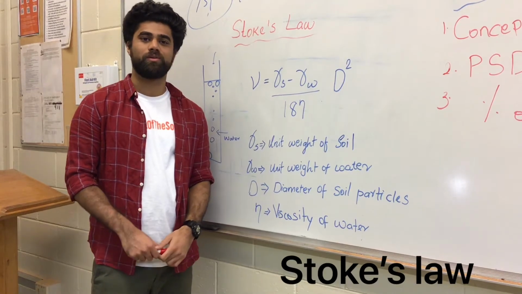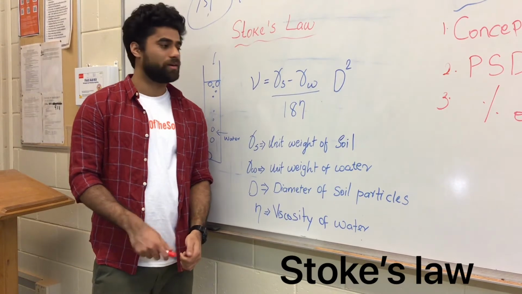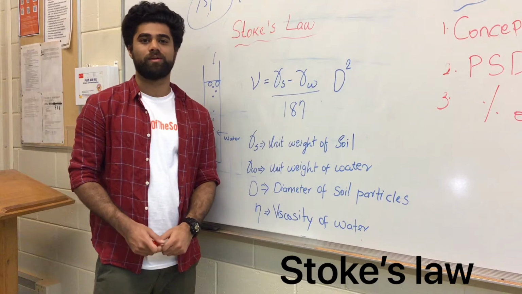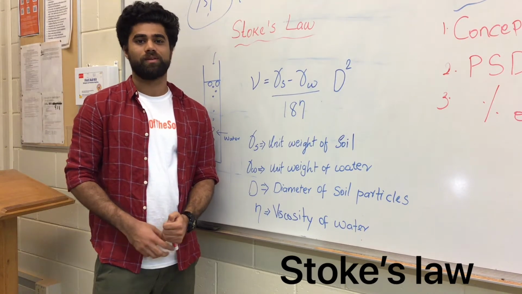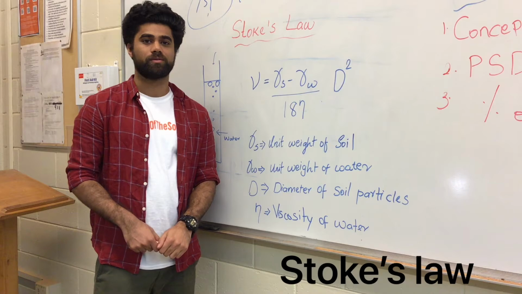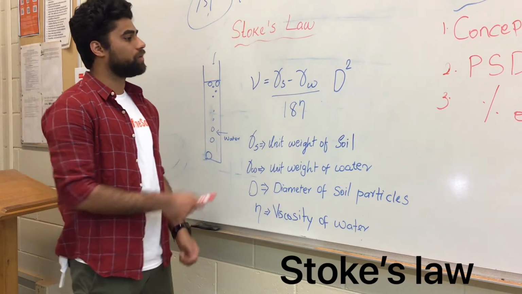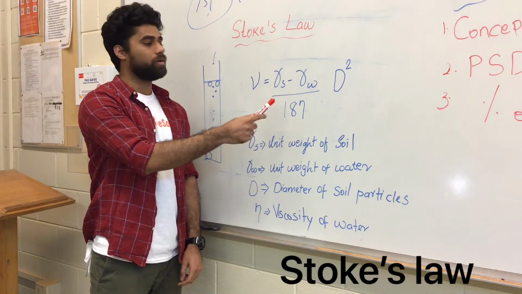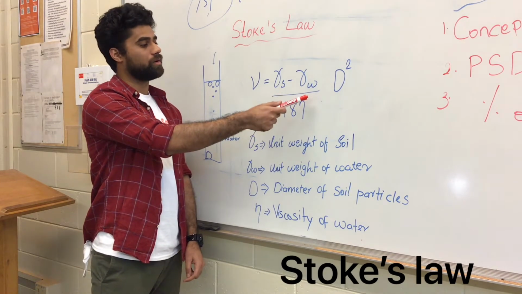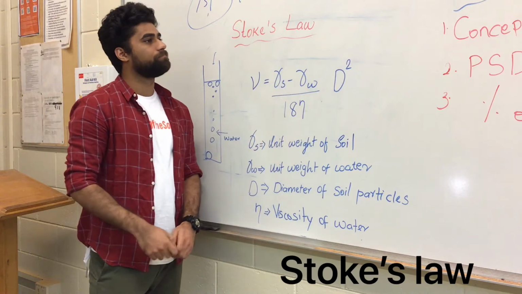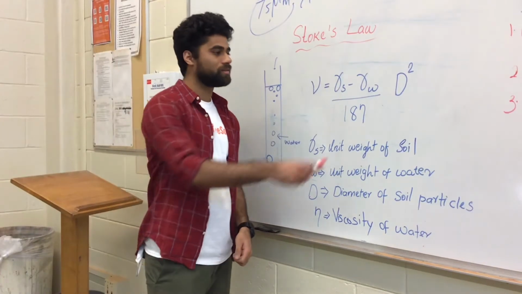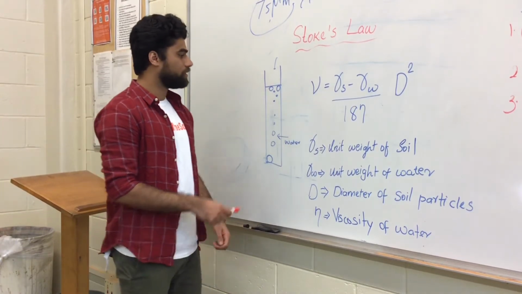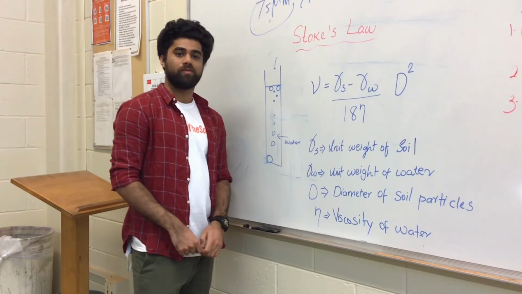So why do we need to use the Stokes law? We need to find the diameter of the particles, as the diameter of the silt and clay is smaller than the number 200 sieve, which is smaller than 75 microns. The Stokes law relates the diameter of particles with the velocity of particles, which is also a function of the unit weight of soil, the unit weight of water and the viscosity of water. So the greater the size of the particles, the greater will be the velocity. So we are going to measure the distance and time of travel of the particles.